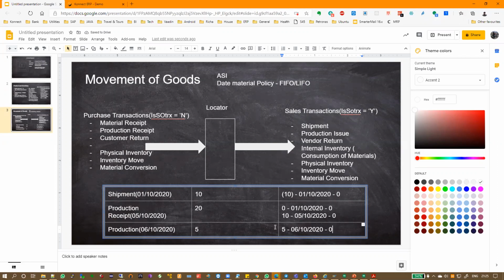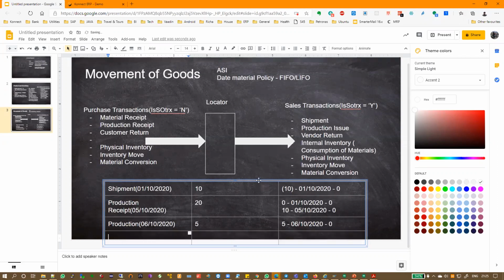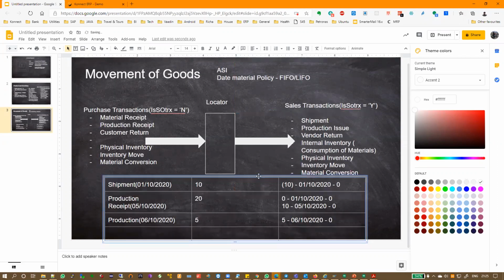But now when the next shipment happens, that's where the whole story will change. Now the shipment is happening on 10, 10, 20, 20. I want to ship out, let's say, 3 items. Unlike last time when it just put -10 with the same date, now I have stock available, right?